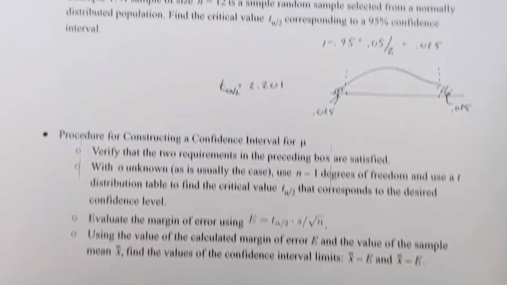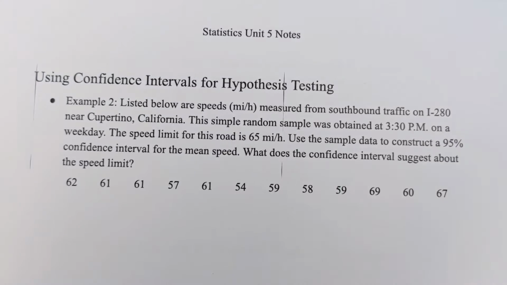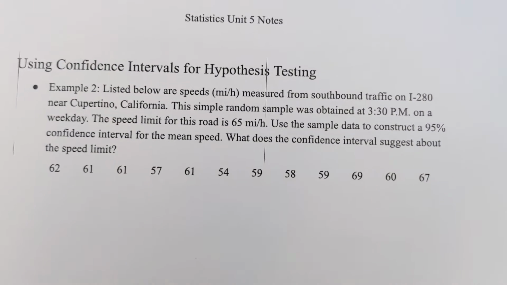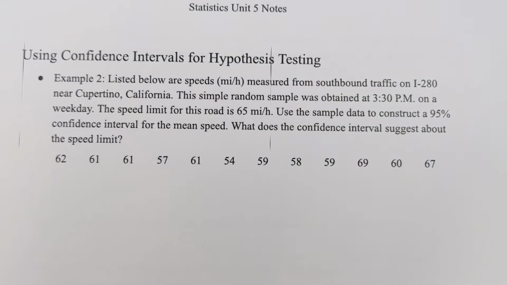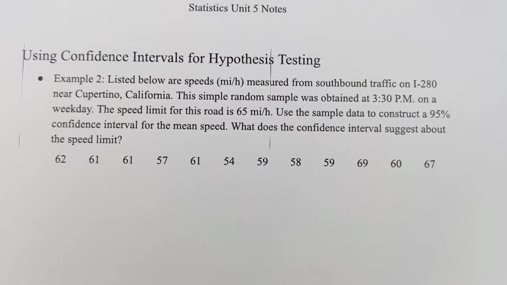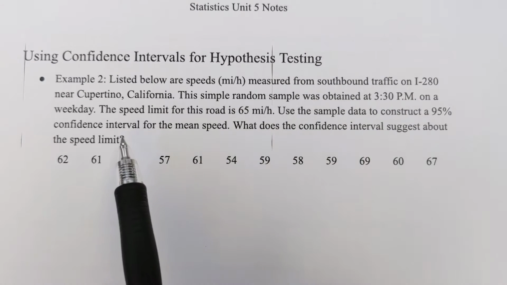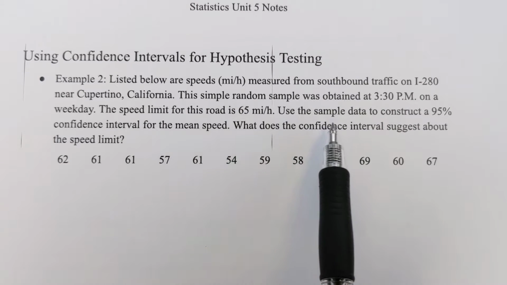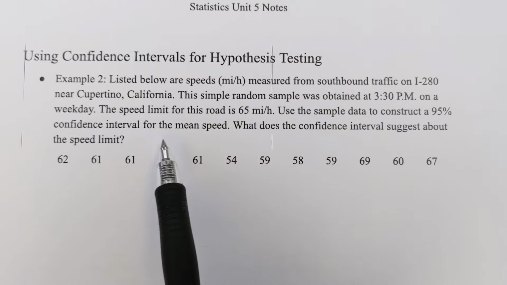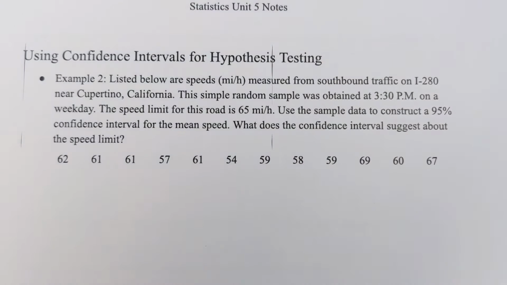our various values. So if you look at example 2 here, it says listed below are speeds in miles per hour measured from southbound traffic on I-280 near Cupertino, California. So simple random sample. The speed limit is 65. Use a sample, construct a 95% confidence interval. What does this confidence interval suggest about the speed limit? So what we need to do first is we need to calculate our average and all of those other